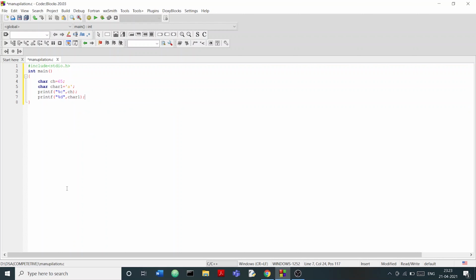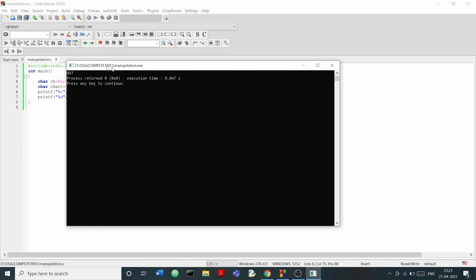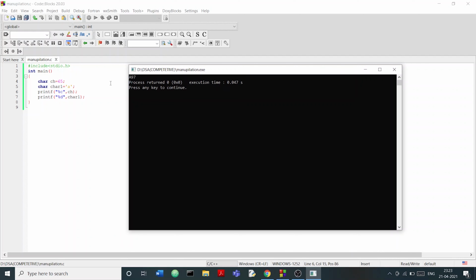So what I am doing is, I have stored an integer in the character variable ch and a character in the character variable char1, but I am giving the format specifier percent d for the character and percent c for the integer. So let's see what it prints. Let's run this program, and it is printing A and 97.